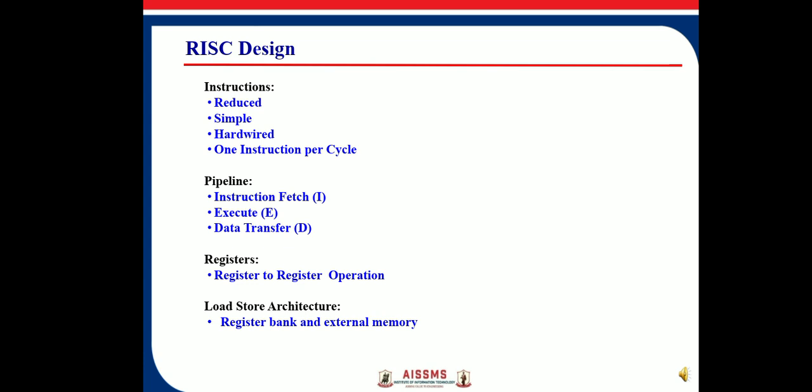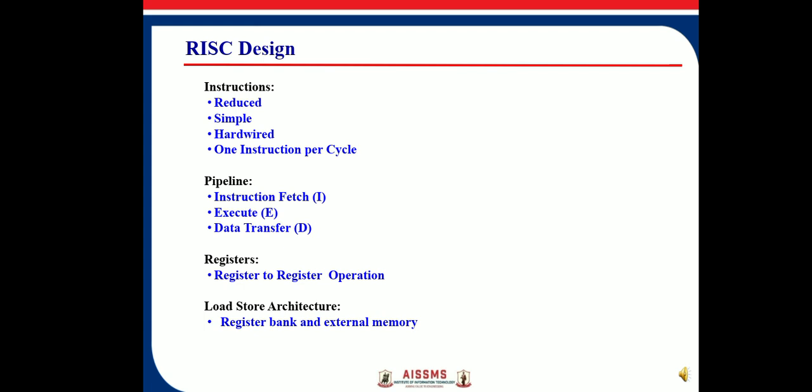Recall the concept of pipelining. The CPU contains several independent units that work in parallel. One of them fetches the instruction and other one decodes and executes them. At any instant, several instructions are in various stages of the processing. All RISC processors provide the pipelining feature. In a RISC processor, most instructions are register to register. These instructions have the following phases. Instruction phase, execute. The instruction phase fetches the instruction to be executed from memory, and then execute phase performs an ALU operation with register input and output to execute the instructions.